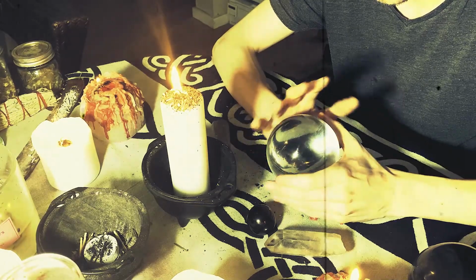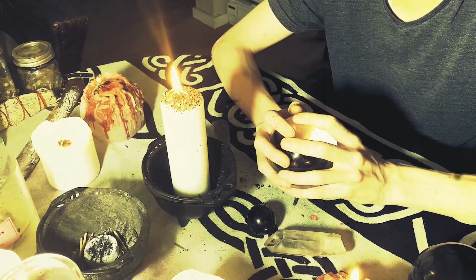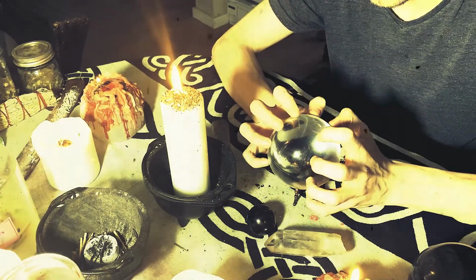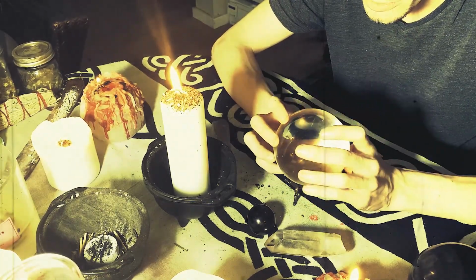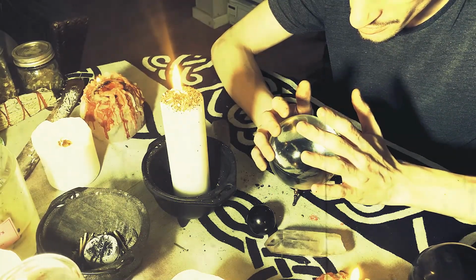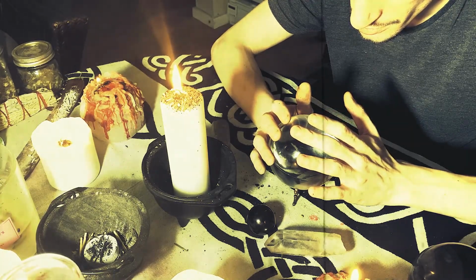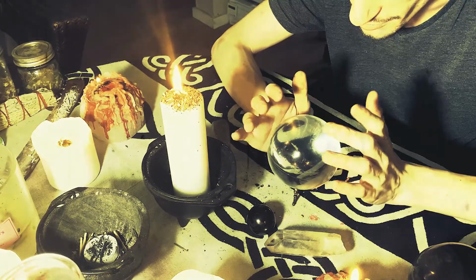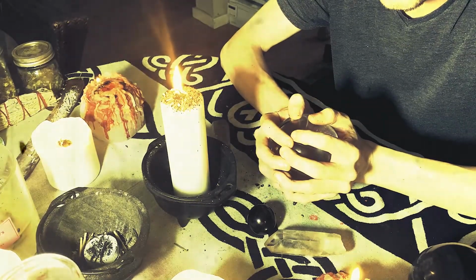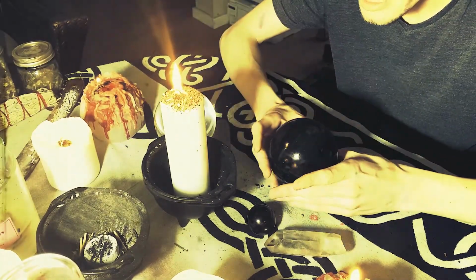So anyways, with this one, there is this dormant energy that wants to be interacted with and wants to be awoken. And I'm just like, I'm not ready to develop a relationship with you just at the moment, because I don't know. When I stare into you, all I see is what's underneath it. I can't feel the energy that way. I have to be holding it, and I can feel it. If I put this one on here, and I stare into this,